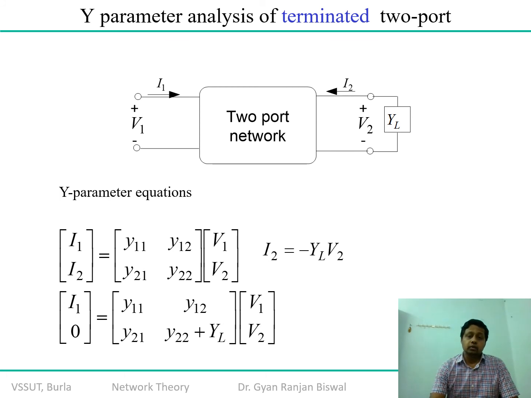Okay, and therefore, if you look at this particular load end, the load is also available in terms of the admittance parameter rather than impedance parameters. So you are asked to calculate the y parameters. Fine. You can apply the equations similarly to what we did in the case of z parameters. So I1 is equal to y11 v1 plus y12 v2, and I2 is equal to y21 v1 plus y22 v2, and you get the additional quantity because of this yl, that is I2 is equal to minus v2 times yl.